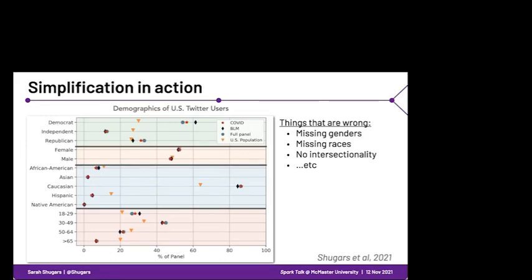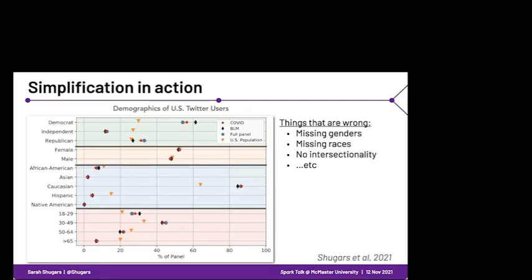There's also no consideration of intersectionality, of the fact that people inhabit multiple identities. So while this chart can tell me something about the behavior of Black people, and something about the behavior of women, it can't really tell me anything about the behavior of Black women as a category. And that's important because that group of people does have distinctive experiences and face unique intersectional oppression, which is not